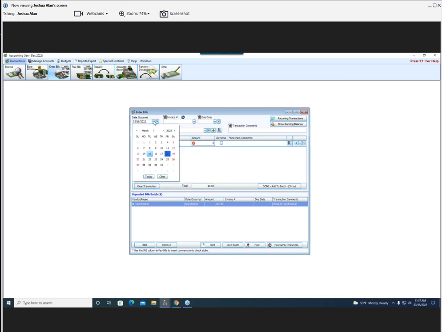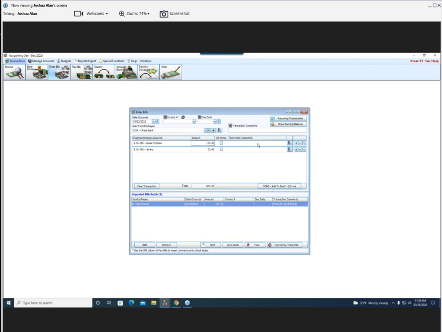So we'll choose the library, but we're going to change this date to sometime next week. So we're going to say our library expenses were $23.45, and we're going to click there, and we're going to click in, and we're going to type another expense, and we're going to say that we've got